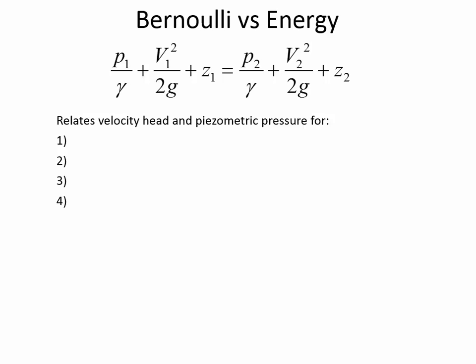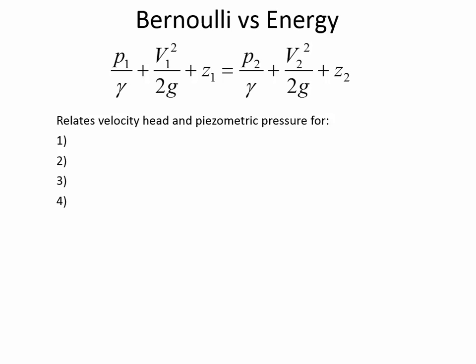So here was Bernoulli's equation, and let's just compare it to the energy equation that you're using in Chapter 7, because they look deceptively similar. But in Bernoulli's equation, we had some assumptions that we had to make when we were applying it. If you ever had, in the near future, a situation where you had to answer a conceptual question, like, what are the 4 assumptions behind the use of Bernoulli's equation, what would you write? What are the 4 assumptions when you're using Bernoulli's equation?